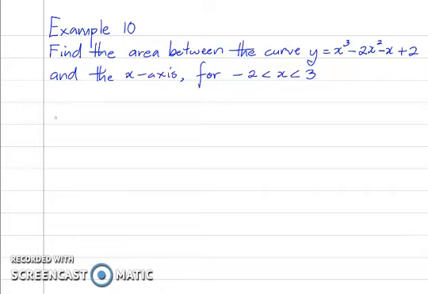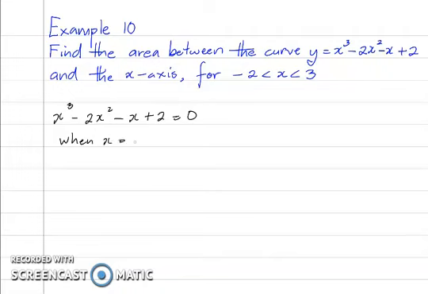So we're going to start by saying that x cubed minus 2x squared minus x plus 2 is equal to 0. All right, so one of the first things we need to do is factorize the cubic polynomial, and to do that we have to first use trial and error and the remainder theorem to identify a linear factor. All right, so let's try different values of x. I'm going to start off by trying